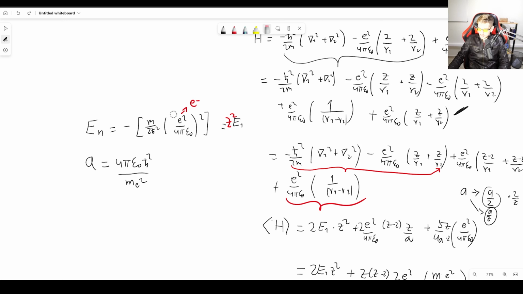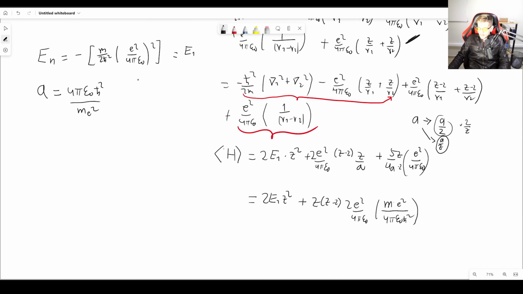I don't want to get rid of that parentheses. There. So notice that this energy is m over 2 h bar squared, and we have h bar squared, and we can take a 2 easily, right? We can just factor out. So basically, e squared over 4 pi epsilon 0 squared, we have e squared 4 pi epsilon 0, e squared 4 pi epsilon 0. So we have that. And then we have m right here, and we have h bar squared right here, and we only need 1/2. So we just multiply by 2 over 2, right? And we take this one. So now all of this will go away,